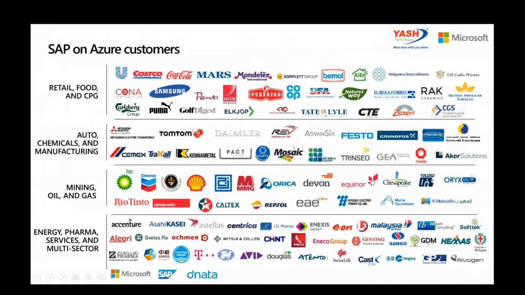Sorry, there seems to be a slight lag in the slides there. So this is just a very high level snapshot of all the customers who trust Microsoft and have their SAP workloads running on Azure. You can see SAP themselves do run their own systems on Azure, and that's related to the SAP Cloud Platform, which I can touch on later. Microsoft ourselves, we're also a big user of SAP, and that really drives the long-standing partnership that we have had with SAP themselves. And of course, you can see Dinata here as a local reference that we have worked together with YASH Technologies.